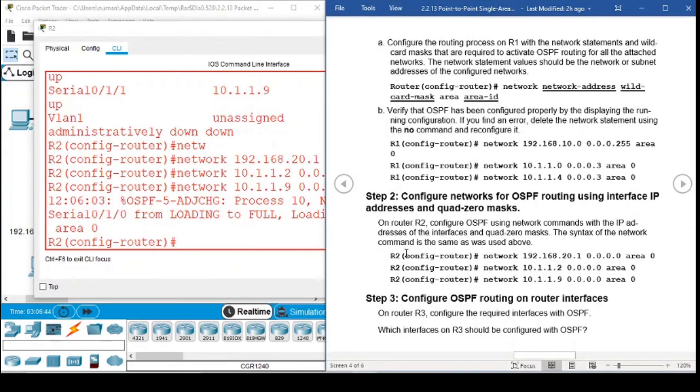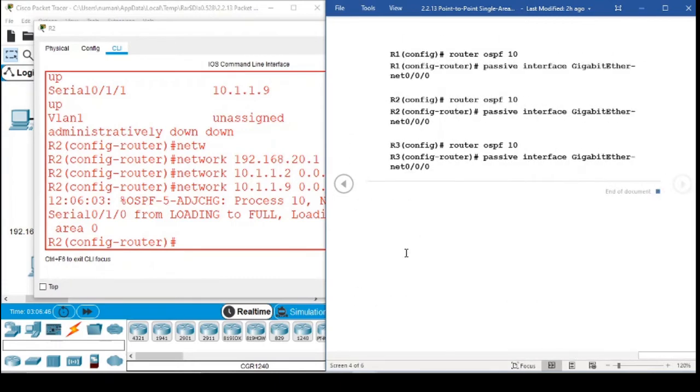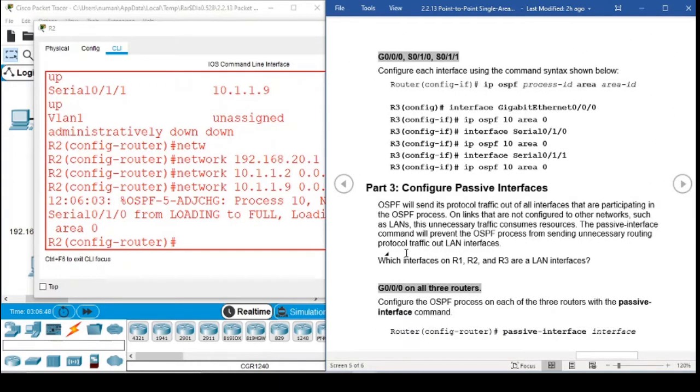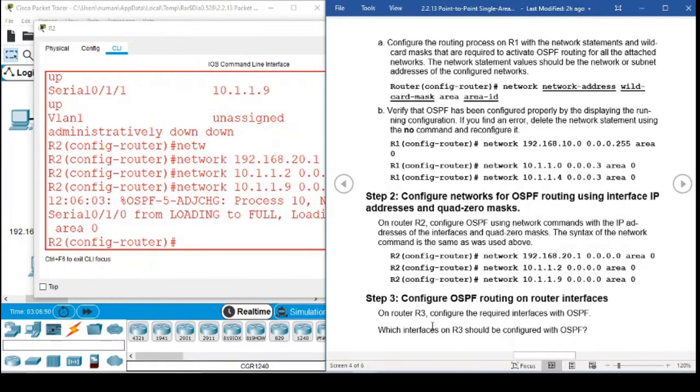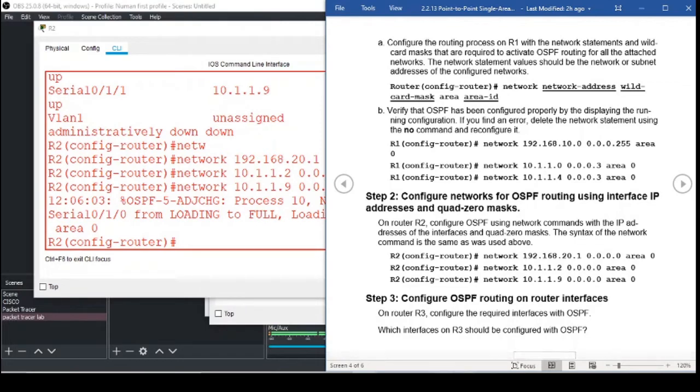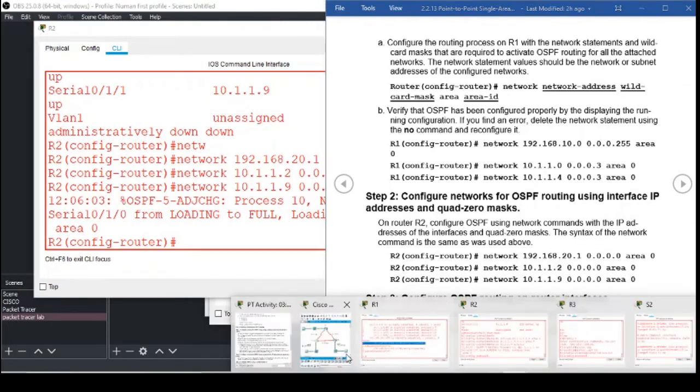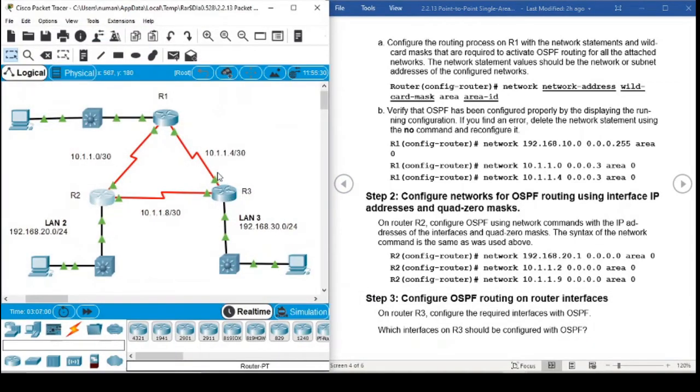So this is step 2, we finish it. Now for router 3, they're asking on router 3 configuration required with OSPF, which interfaces of R3 should be configured with OSPF. The simple answer is go to router 3, how many interfaces? 3 interfaces. So all 3 interfaces we have to run OSPF